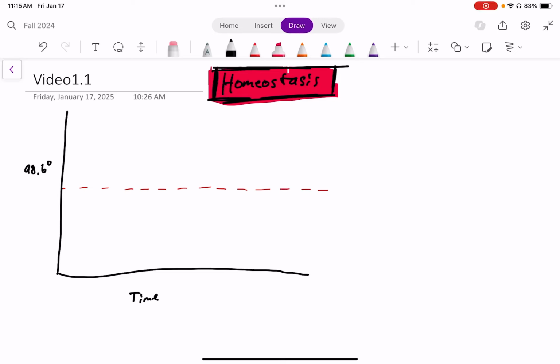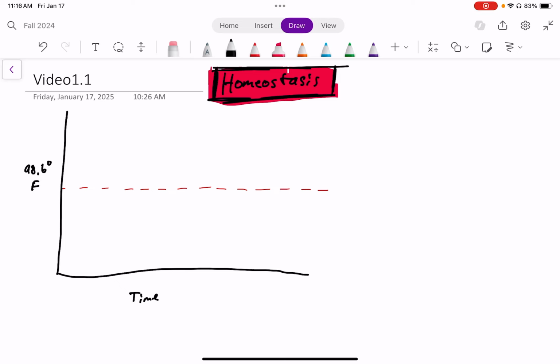Homeostasis is fundamentally just the body's effort to control its internal conditions and its ability to keep a certain variable at a consistent value. For example, if we have body temperature, where your normal body temperature is supposed to be 98.6 degrees Fahrenheit, then in response to fluctuations in the outside temperature, the body will still make sure that the internal temperature is at this 98.6 degrees.